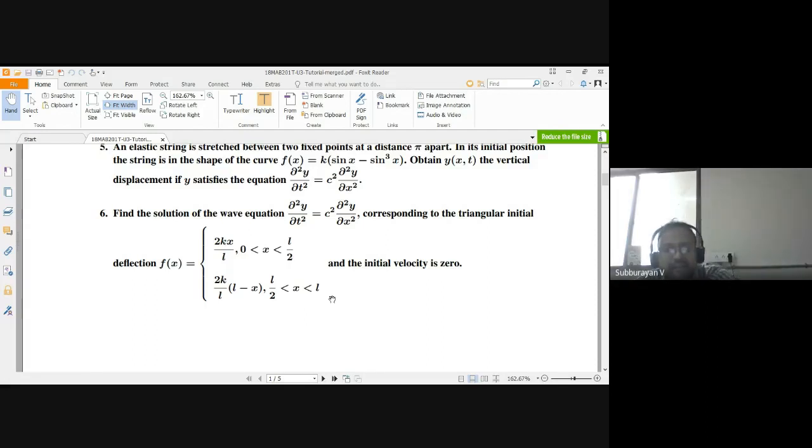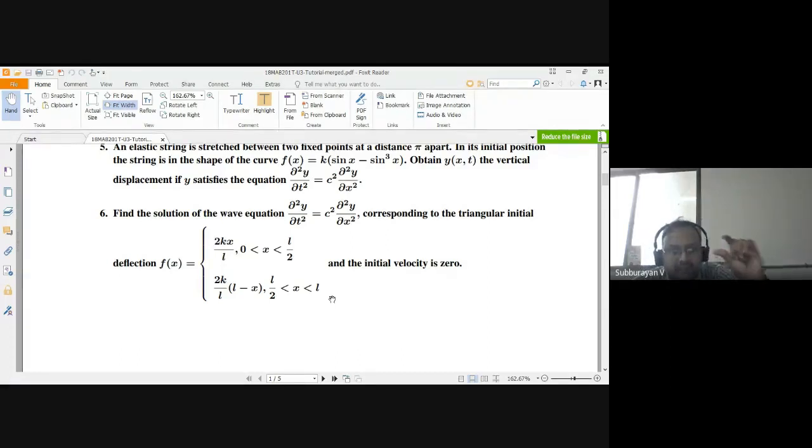But anyway, we are dealing with the problem with fixed boundaries. We are not dealing with the problem with moving boundaries. If it is moving boundaries, then we have to go for some other topic which is called calculus of variation. This is an advanced topic. It is not in our syllabus.